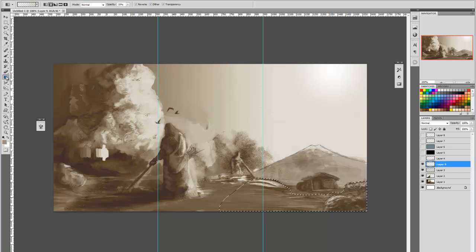Alright, I grabbed the radial gradient again, hit the reverse so it's not reversed anymore, grabbed one of the darker colors, and just started painting it in like so. Just darkening it. And you can do this however subtle you want it to be. I deselect it,